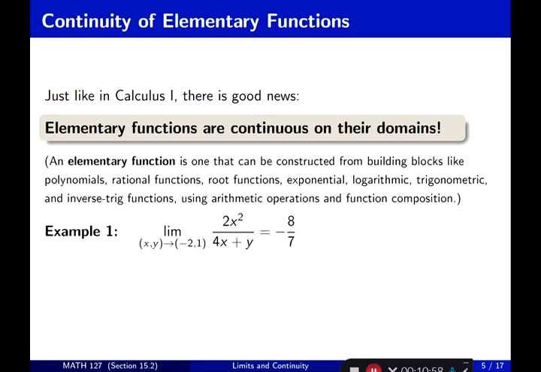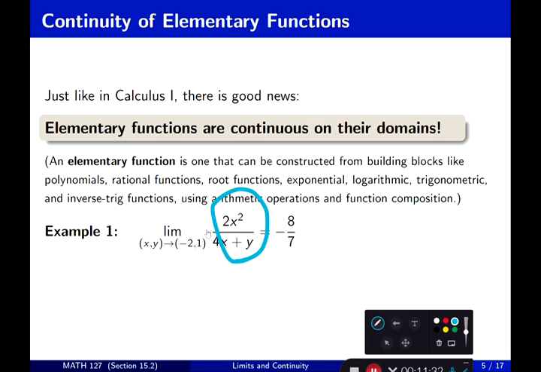Example: the limit as (x, y) approaches (-2, 1) of the quotient 2x squared over 4x plus y is equal to -8/7. How does this work? Remember, what is the function? The function is 2x squared over 4x plus y. So the function is this function,